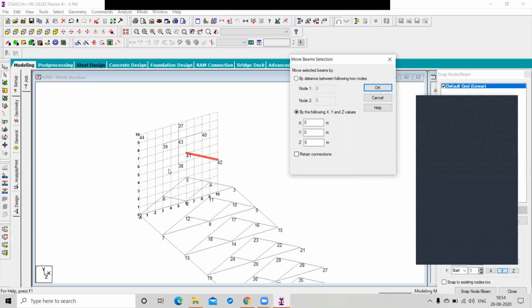Now I am going to move this beam by 5, 2. So you can give the x-axis as 5 and y-axis as 2. So where do you expect this beam to be fixed, at which position?